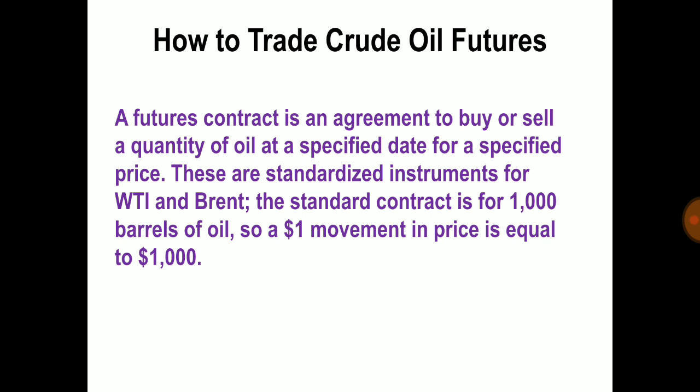The second is physical delivery. Futures contracts are settled by the physical delivery of the crude oil, which is something most speculators don't want to deal in. It's very important to keep track of the delivery and expiration date, and either roll the position over to another month or close it entirely before the contract expires. Complexity. Trading oil futures is typically for professional traders due to the high cost and complexity involved. However, the contract for difference or CFD provides a way to access the crude oil futures markets.